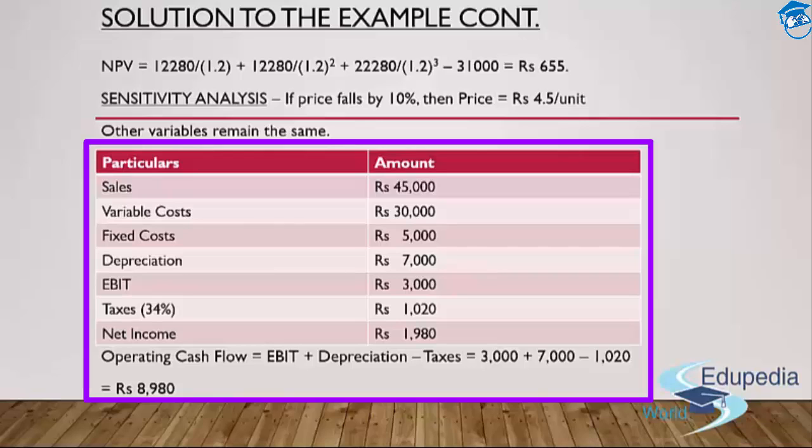I'll be able to get a figure of earnings before interest and taxes. Out of the same, I'll be deducting my taxes, that is 34%, that is 1,020 rupees. I'll get the net income as 1,980 rupees. In order to get the operating cash flow, I'll be adding depreciation to it, and it will be amounting finally to rupees